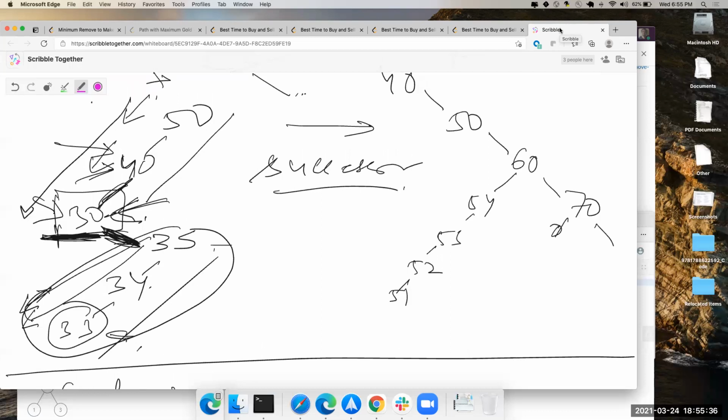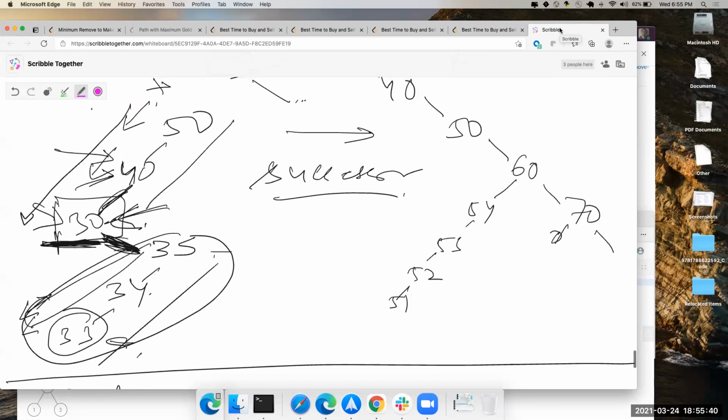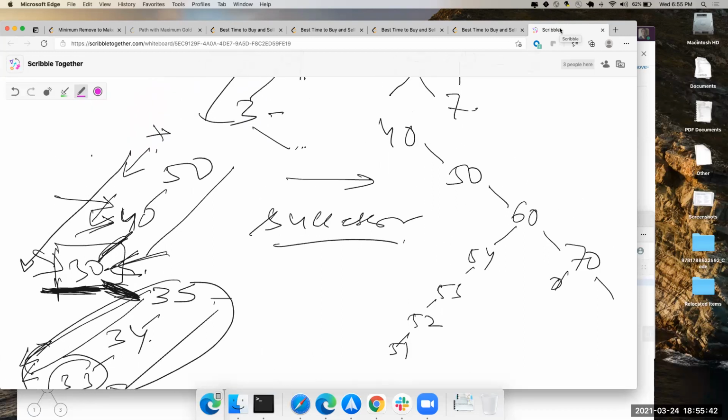I did a very nasty solution, but it was still some recursion. Scroll up, I can't see the full picture for that one. Yeah, this one. You have 40, 50, 60, and you're looking for the in order successor of, let's say, 50. Right now I don't have a minimum.